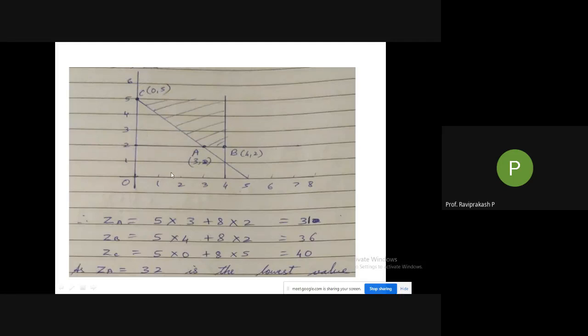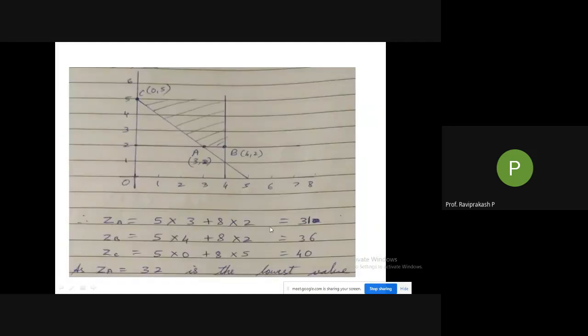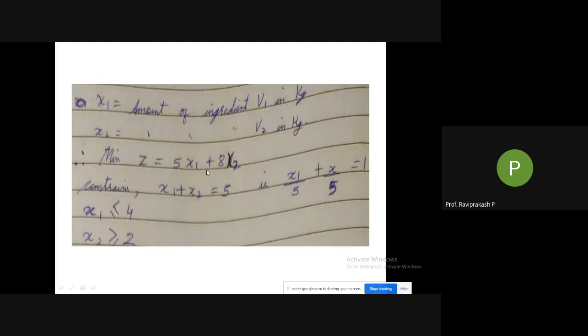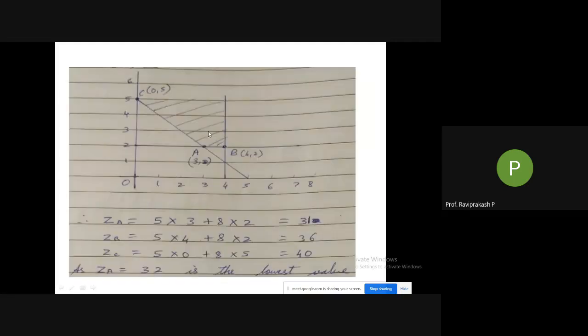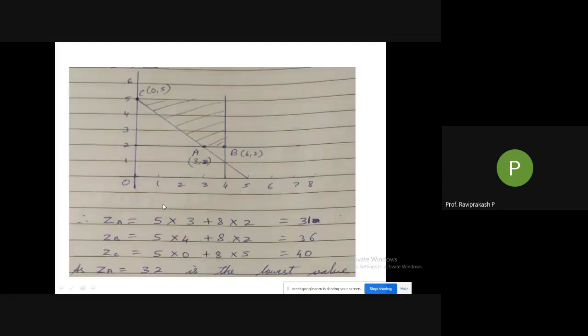Then coming to the less than or greater than. For the first one, it is equal to, so just keep it here. Based on the other constraints, you can take this side also, this side also. They are not telling which side to go, they are just telling it is equal to. So we are there with is equal to. Then for 4, it is less than. Less than is on this side.